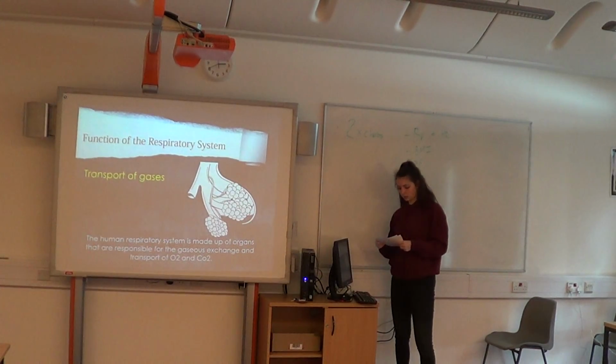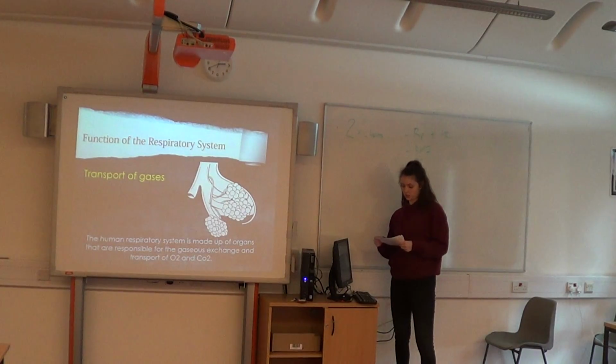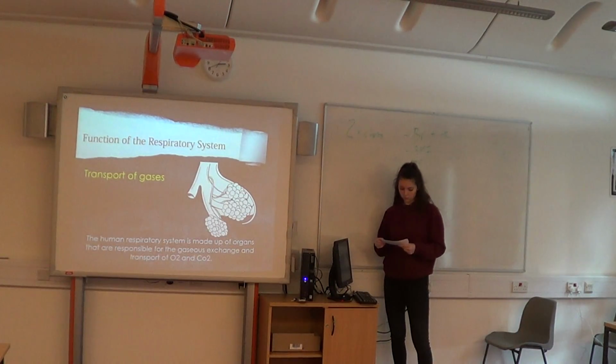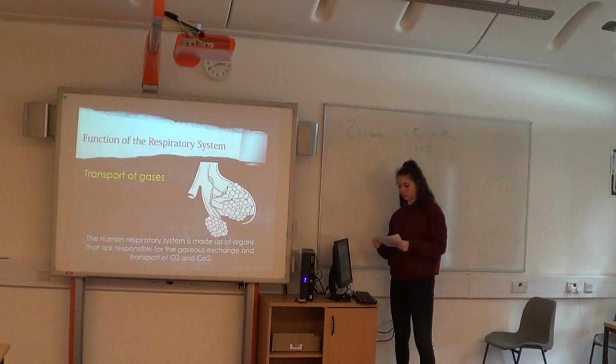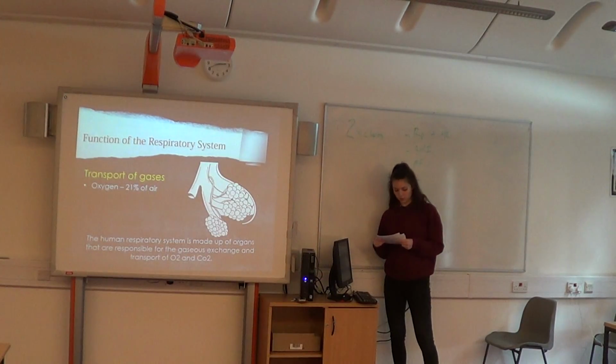So oxygen and carbon dioxide diffuse between the air in the alveoli and the blood, and they'll do that until equilibrium is reached. It will also control the increase and decrease of breathing rate in order to speed up or slow it down. So the first gas that it transports is oxygen, and this will take up 21% of the